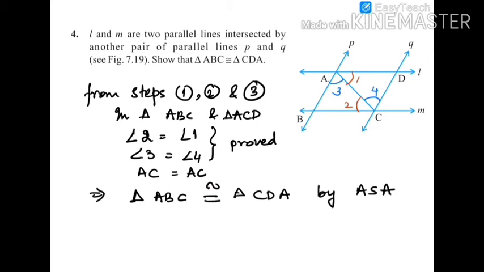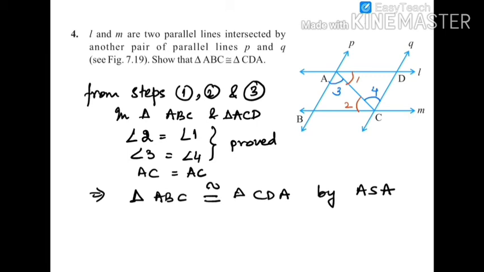Can we prove these two triangles congruent by applying other rules? Yes. L and M are parallel, and P and Q are also parallel. So look at the quadrilateral ABCD. Opposite sides of this quadrilateral are parallel. What is such a quadrilateral called? A parallelogram. So we can use the properties of parallelogram in the figure and then use the other criteria. Recall the properties of parallelogram that you have studied in lower class.